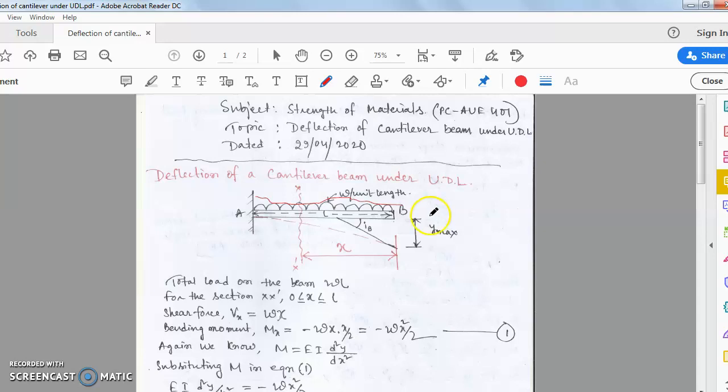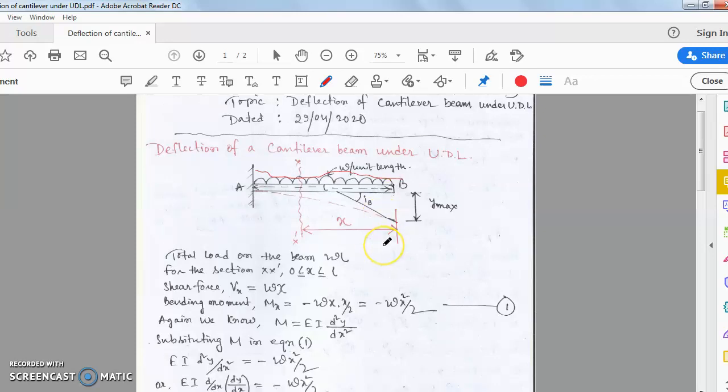At the particular point A there is no deflection. Maximum deflection occurs at the point B, so Y max at the point B. After deflection, when B comes down to this point and we draw a tangent from it, that tangent will make an angle iB with the beam AB. So iB is the slope at point B.